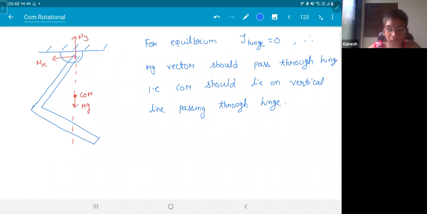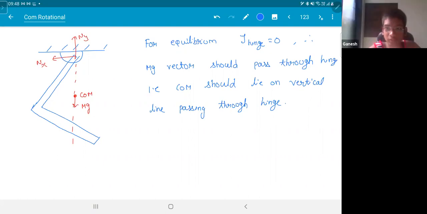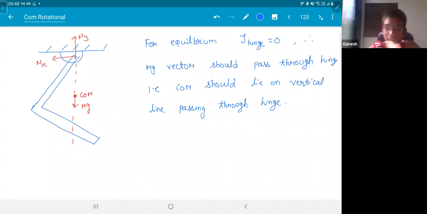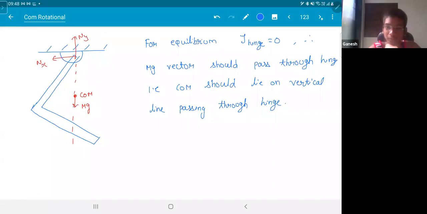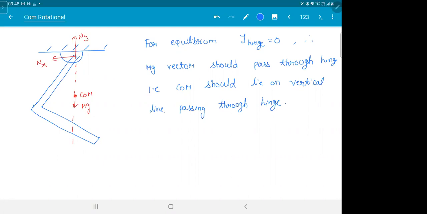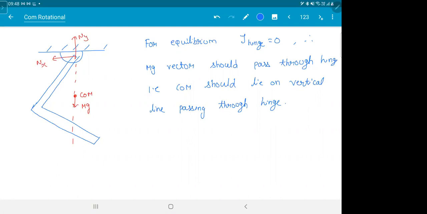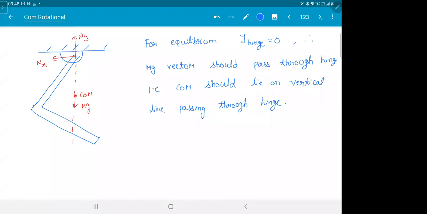Sir, I didn't get why the torque about the hinge is 0. Okay. What do you think it should be? So there are two components of the force now. What components? Ny and Nx. Okay. So what should the torque be according to you? Sir, root Nx. Okay. What is the formula for torque, Ganesh? Force into R. What is the value of R here? 0. So what is the torque? 0. Clear? Yes, sir.